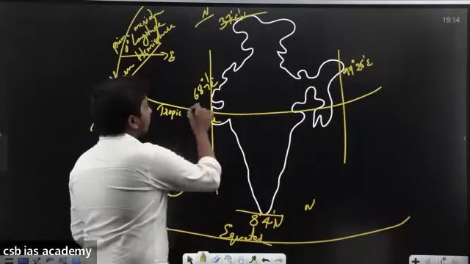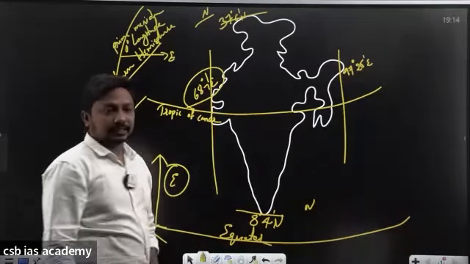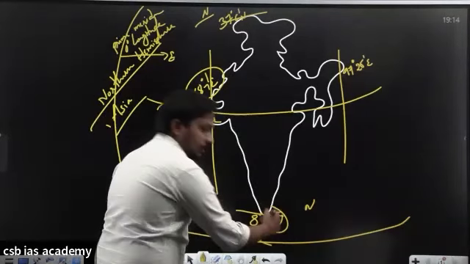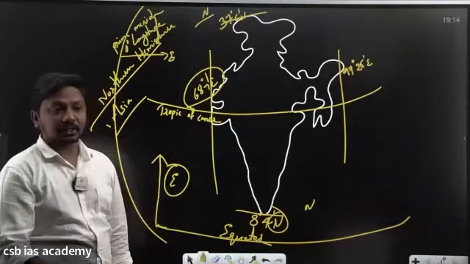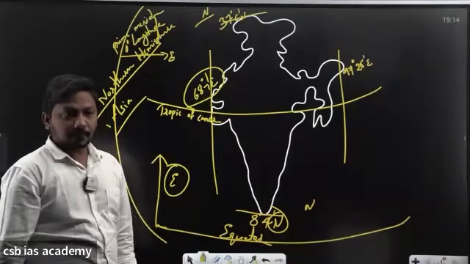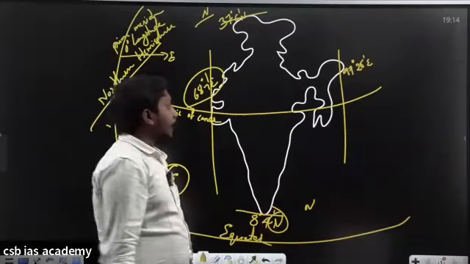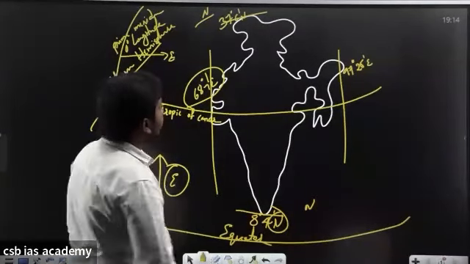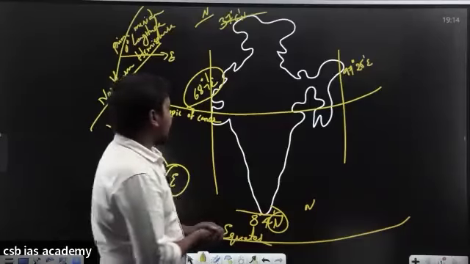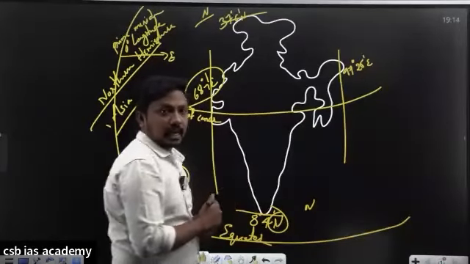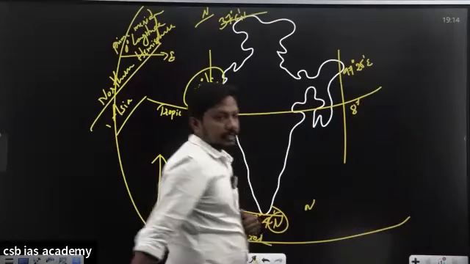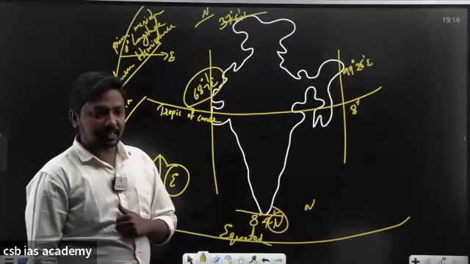So when it comes to the longitudes, we say that it is east. And when it comes to the latitudes, we say that they are north, just because of the direction from the equator and from the prime meridian. And there are a few other important latitudes and longitudes which we have. As I said, the Tropic of Cancer passes through eight Indian states.